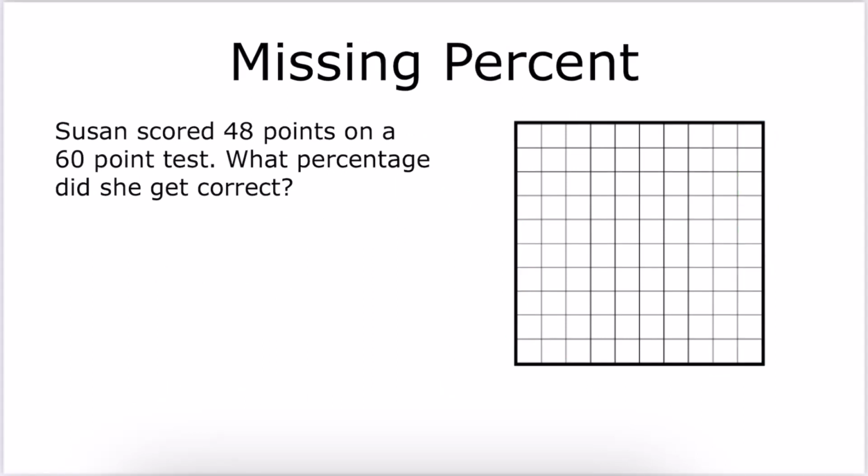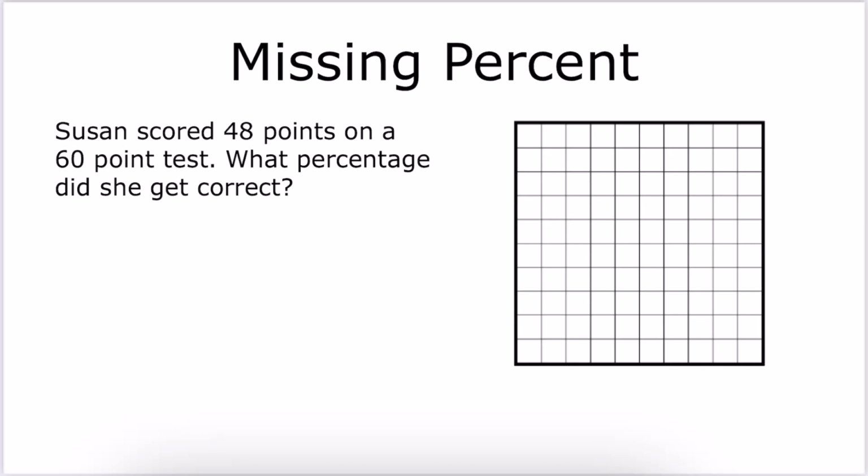And then the last type of problem is a missing percent problem. So on this one, we know that Susan scored 48 points on a 60-point test, and we want to figure out what percentage did she get correct. And so to solve a problem like this one, we can write out